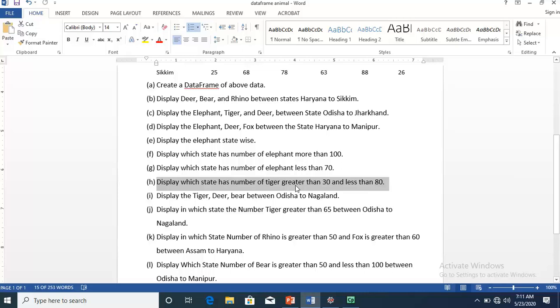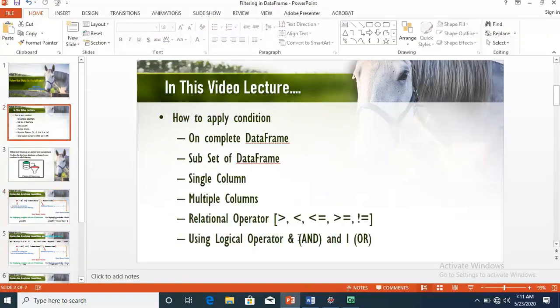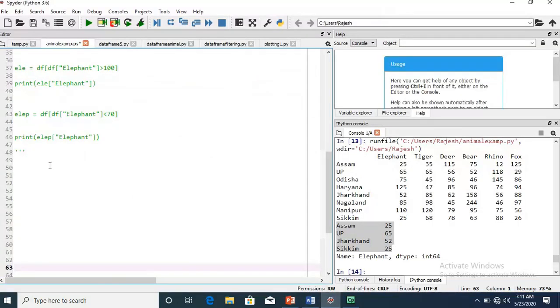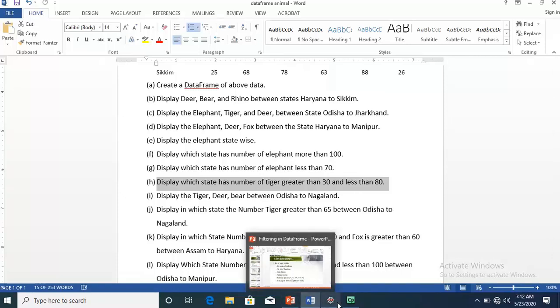We remember in Python we use the and operator, but here our AND operator is this, the ampersand. We are going to use this operator to join two or more conditions. Let me see again: display which state has number of tigers greater than 30 and less than 80.